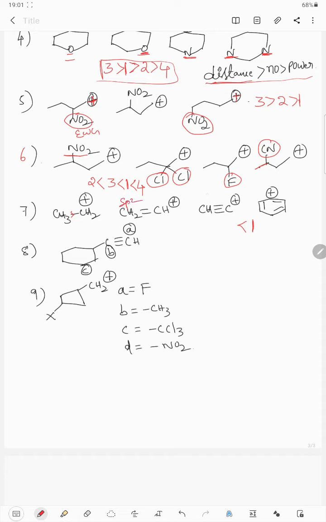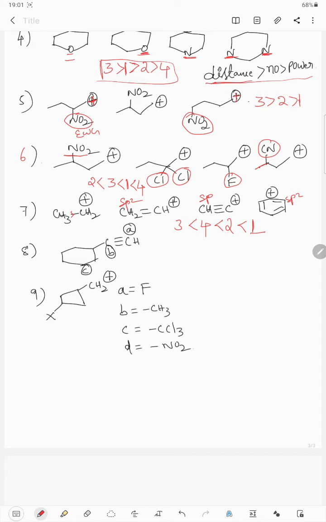It is an sp2 carbon, and this is an sp carbon, and this is also an sp2 carbon. Now look carefully. An sp2 carbon has less electronegativity than an sp carbon. An sp carbon has more electronegativity. That's why the next stable carbocation is the second one, next the fourth one, next the third one. Why is the third one least stable? An sp carbon has more electronegativity. It can act as a strong electron withdrawing group, that's why it is unstable. The first one has no electron withdrawing group, and a plus I group is there, that's why it is highly stable.